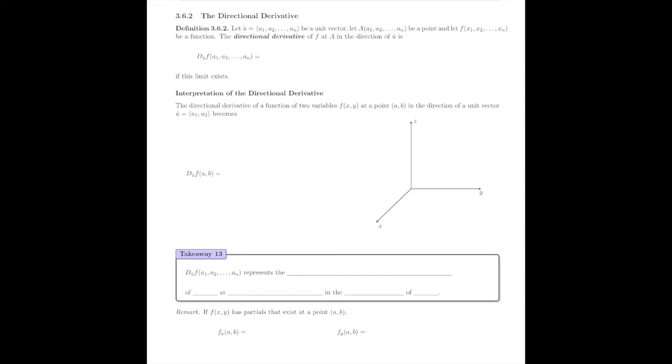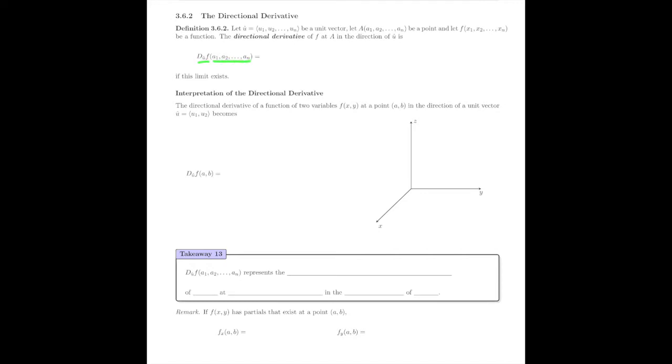Welcome to subsection 3.6.2 on the directional derivative. Definition 3.6.2: let û = (u1, ..., un) be a unit vector. Let a = (a1, ..., an) be a point, and let f(x1, ..., xn) be a function. Then the directional derivative of f at a in the direction of û is D_û of